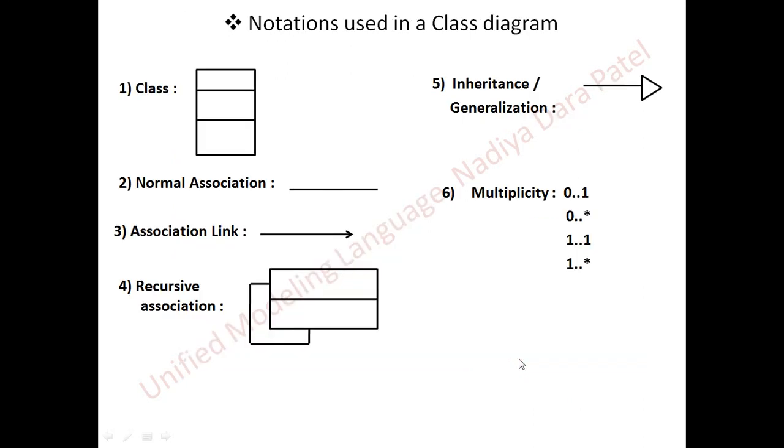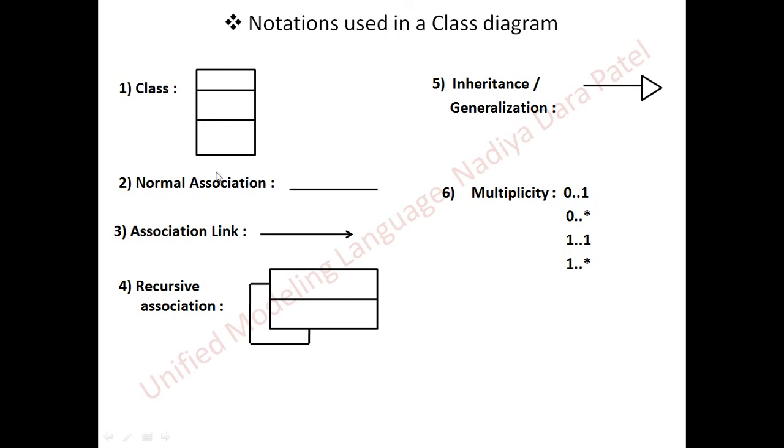Now let us go through what more notations we can use in a class diagram. So already we have gone through the rectangle symbol, which is divided into the 3 compartments. If you want to show objects which are outside the class or some smaller classes which are going to access your class, you have to make use of only one section of your rectangle. That's it. No need to use this big rectangle and divide it into 3 compartments. Just one simple rectangle which is like a text box. So that is the notation, which is an optional kind of notation.